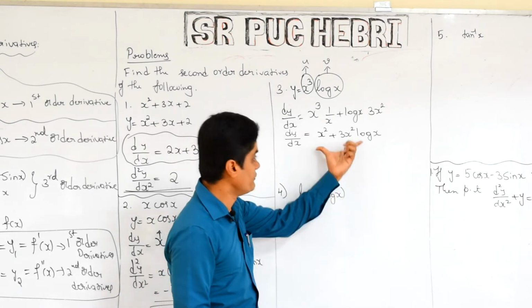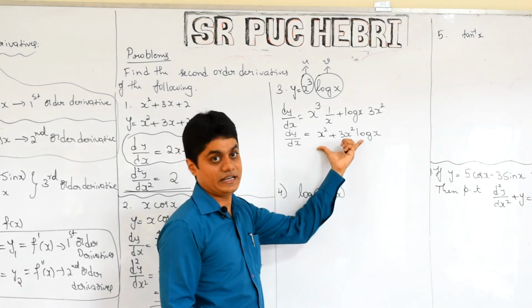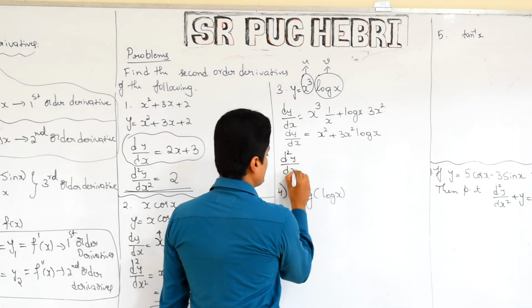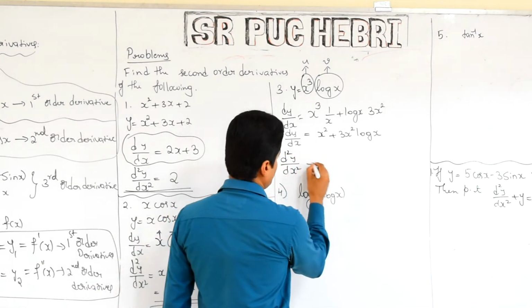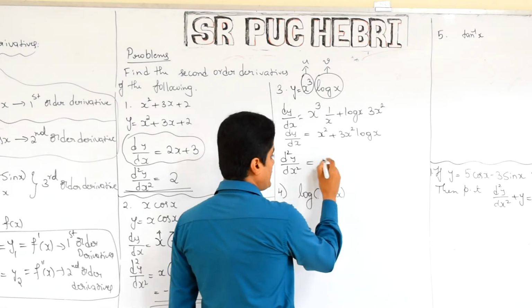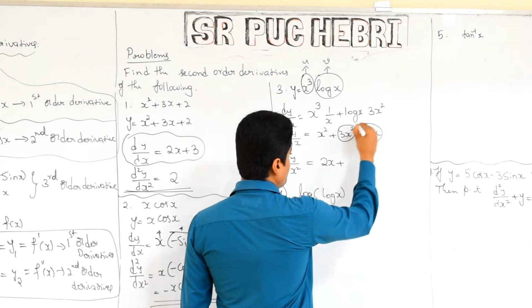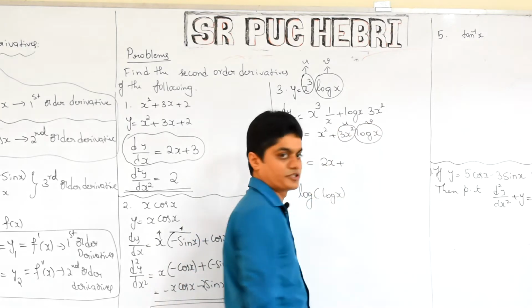So what we should do? We should differentiate this again. Okay, you have to differentiate dy by dx again. So write d square y by dx square. You can use these notations also, no problem. In differentiation of what is x square? 2x alva. Again you are going to use product rule because it's a product of two functions u